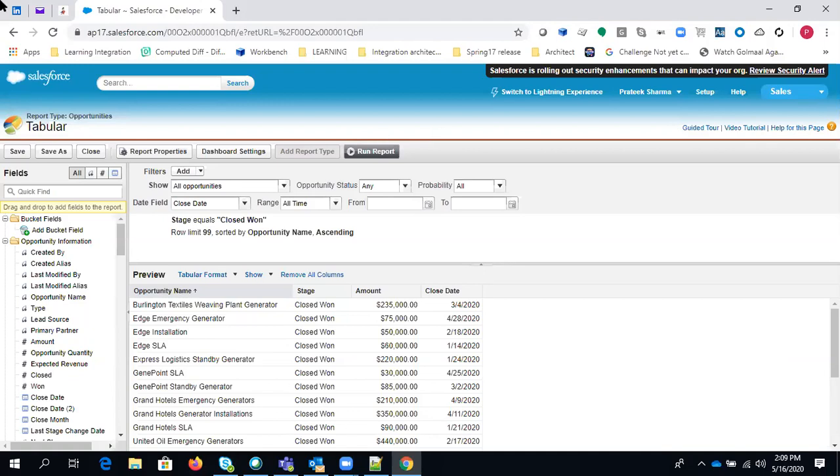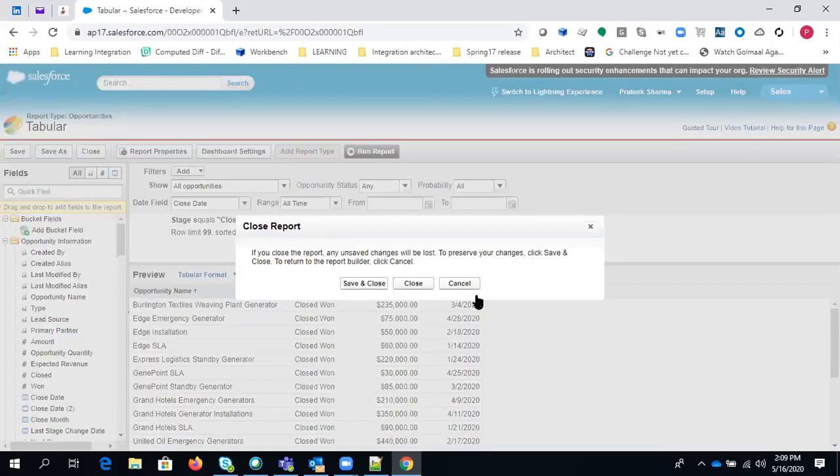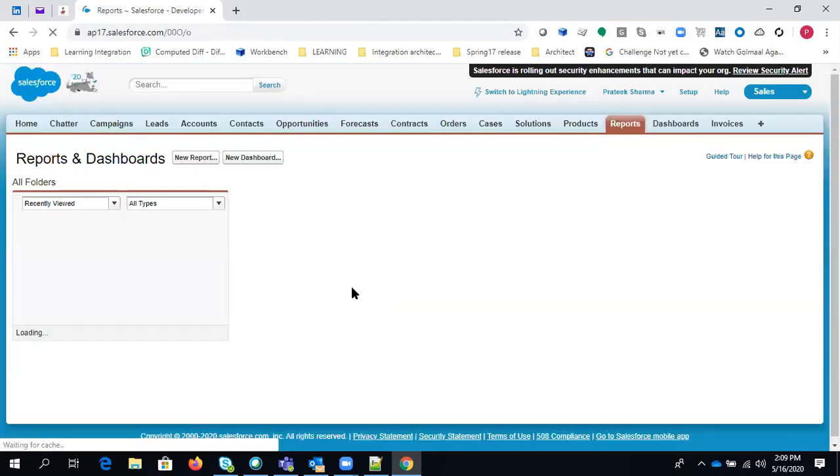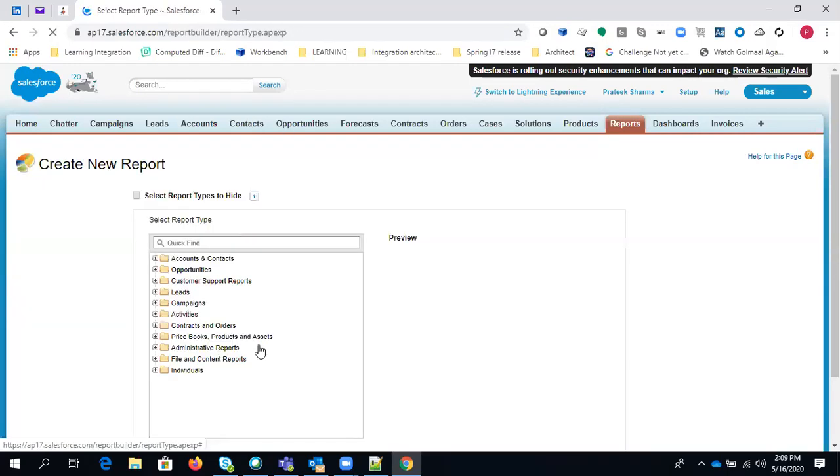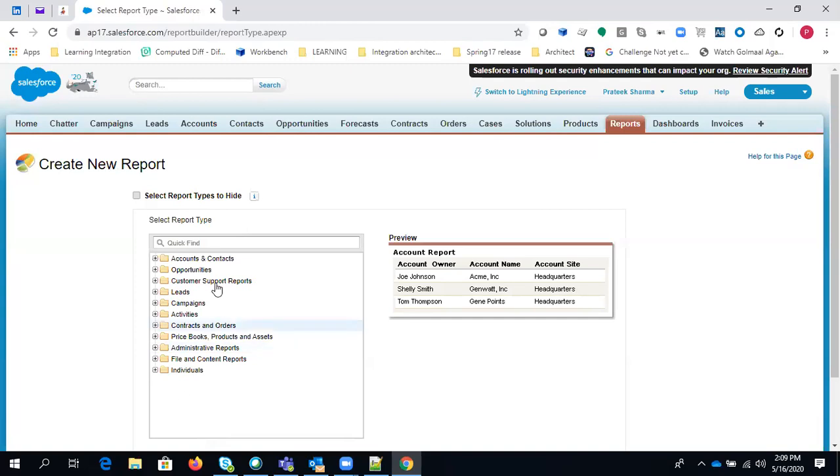so let's just discuss what a custom report type is. A custom report type is basically, as we discussed, after clicking on new report, if we are not getting the information on which we want to create a report, then you can create your custom report type so that you can create a report in that particular format.